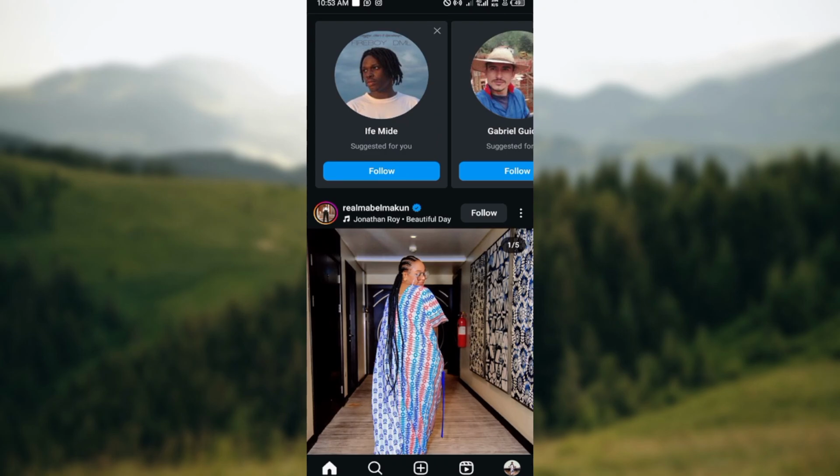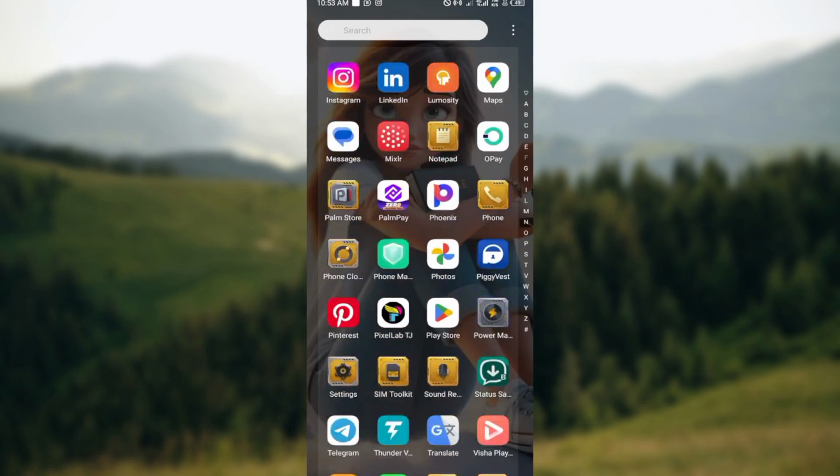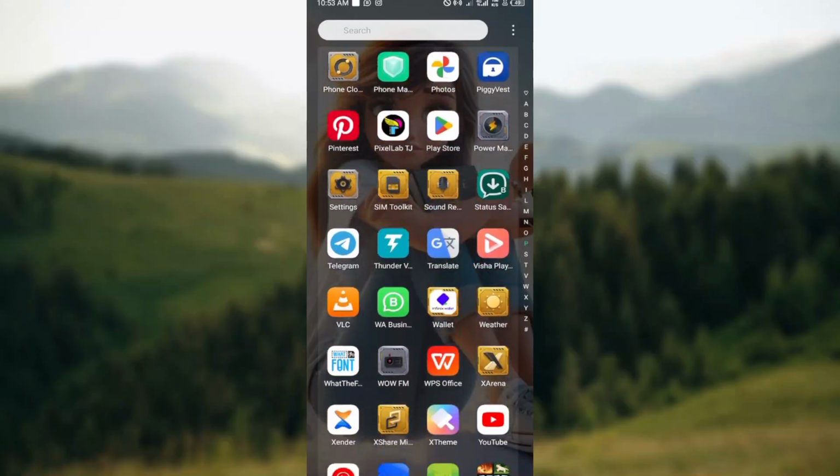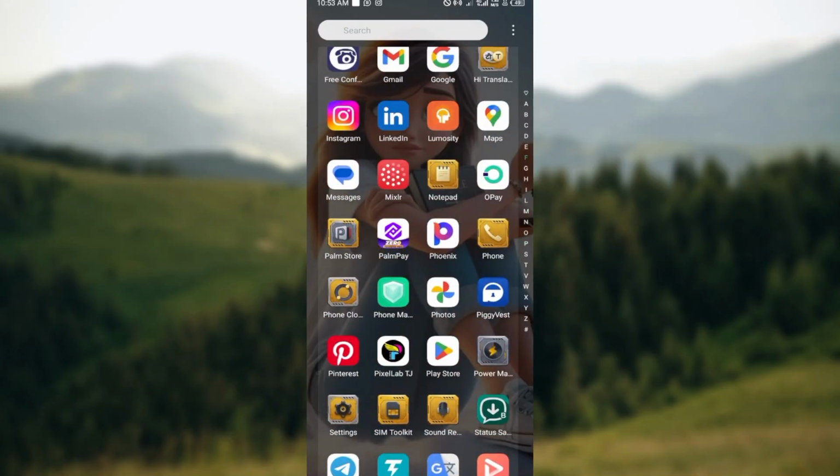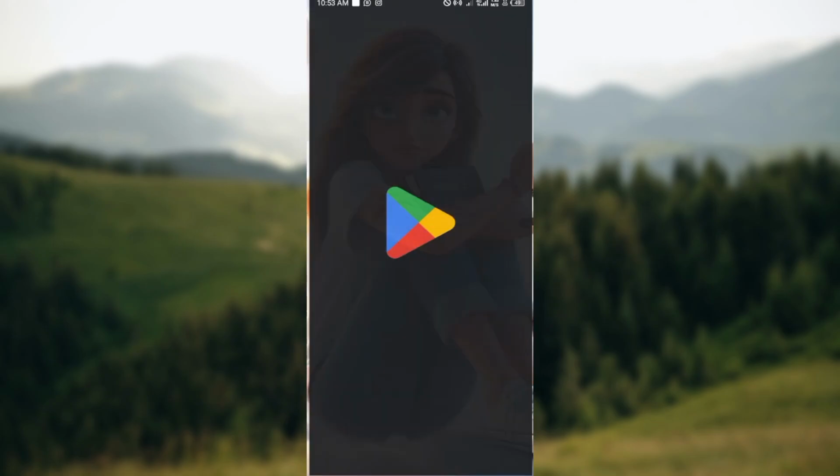You should leave your Instagram page. Then head over to your Play Store. It could be App Store, it could be Play Store, depending on the kind of application that you are making use of. Then once you're in your Play Store, the next thing to do is to move to the top